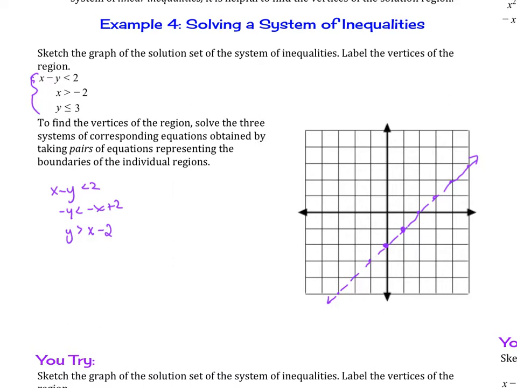So I can test 0. It is above the line. So let's shade that in. So we know that this is where we are here. Then let's graph x is greater than negative 2. x is greater than negative 2, so negative 2 is here. Again, it's a dashed line